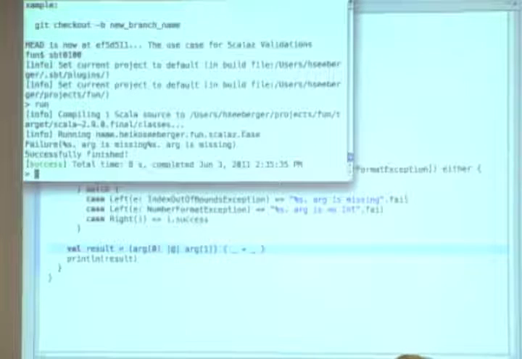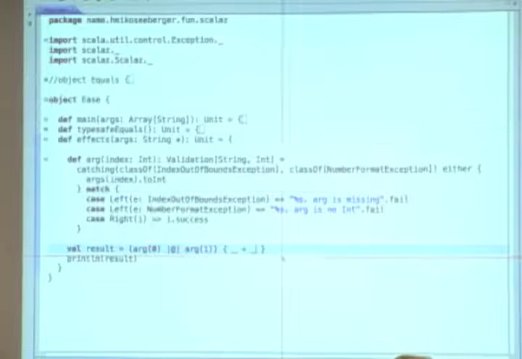Okay. Oh, I forgot to format. But as you can see here, we have two error messages which are concatenated together. Those are two strings, and the machinery here will accumulate all the errors, as long as the type parameter for the validation is something that has an append method. There's a type for that, called semigroup. All those error messages will be accumulated. In the case of strings, they will just be concatenated.